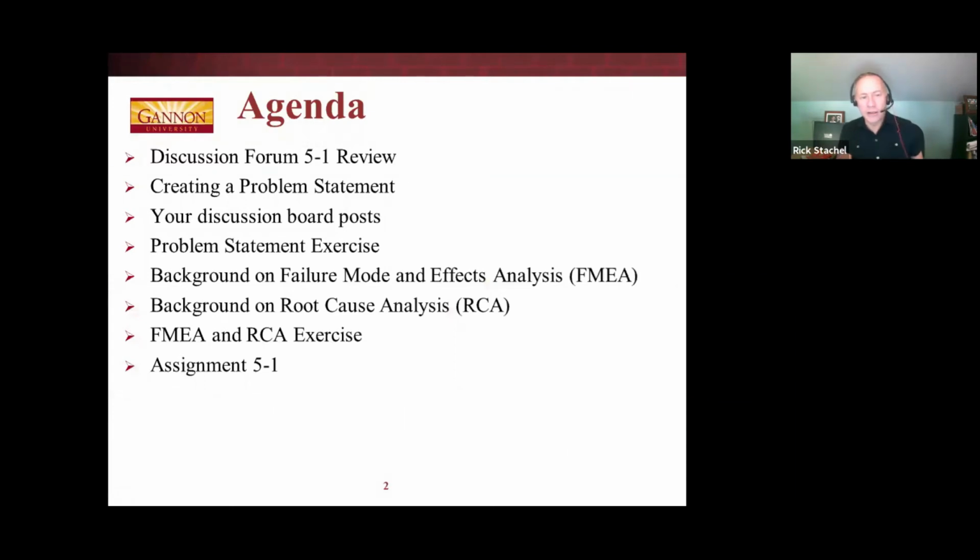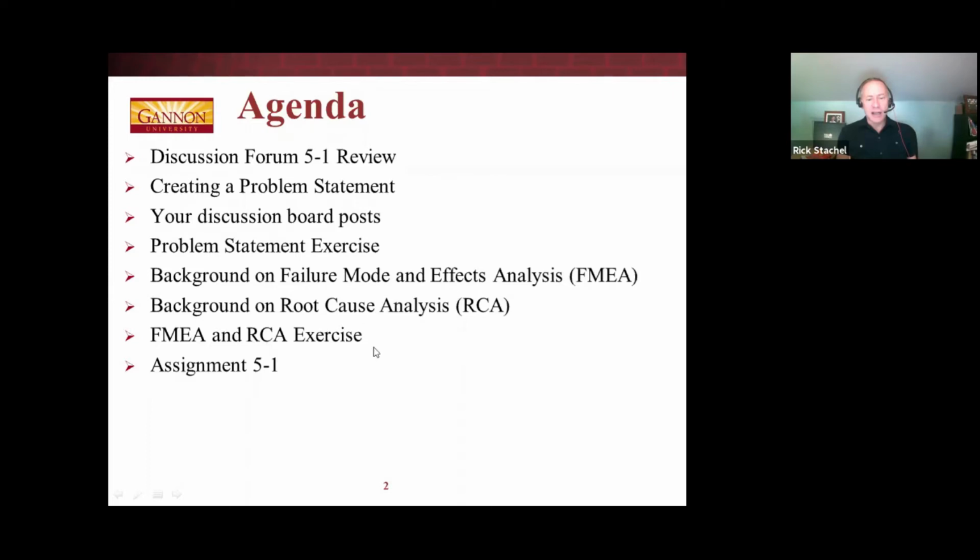Tonight we'll go over the discussion forum 5.1. We'll review exactly what that problem statement is, and then we'll go over the posts. And then we have an exercise about forming a problem statement, which is important because you have to do that for your project. Then we'll do some background on FMEA, which is the failure mode and effects analysis, and then something